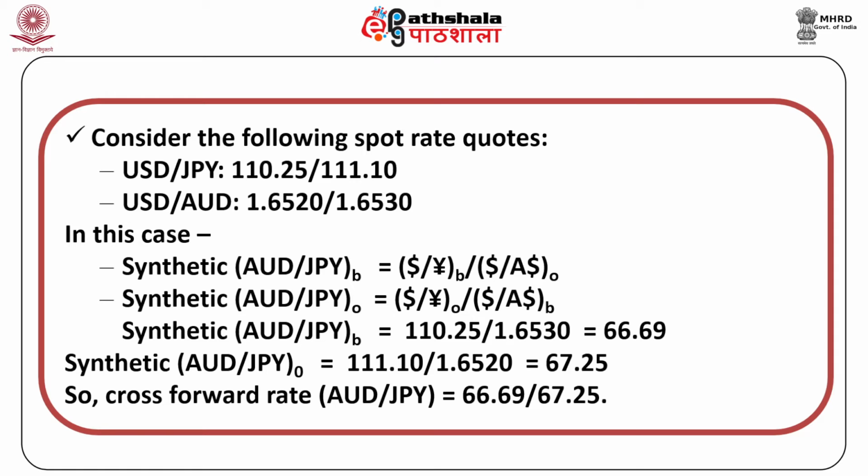And synthetic Australian dollar by Japanese yen offer is equal to 111.10 by 1.6520 is equal to 67.25. So cross forward rate, that is the Australian dollar by Japanese yen is equal to 66.69 by